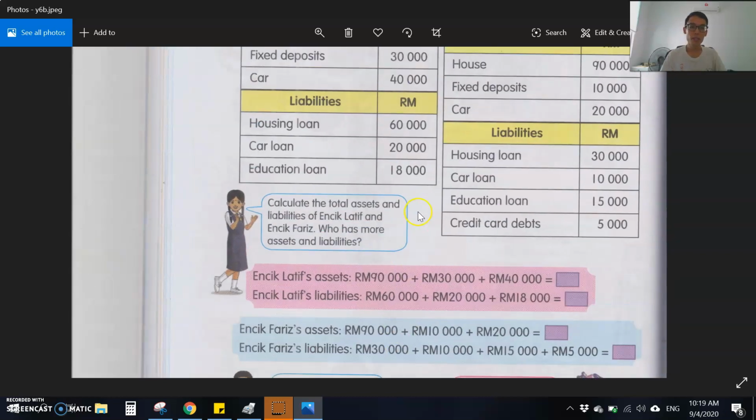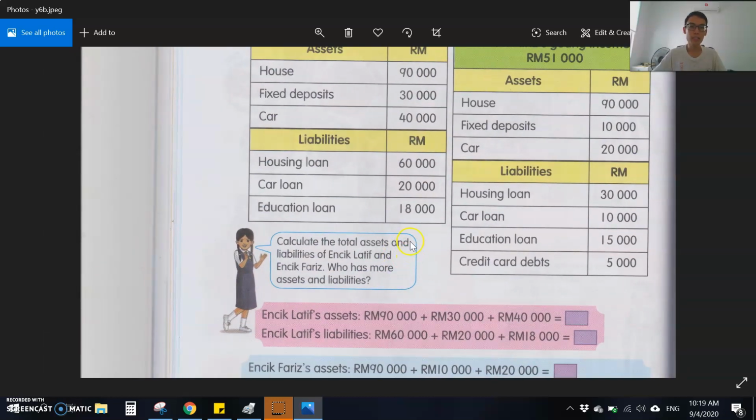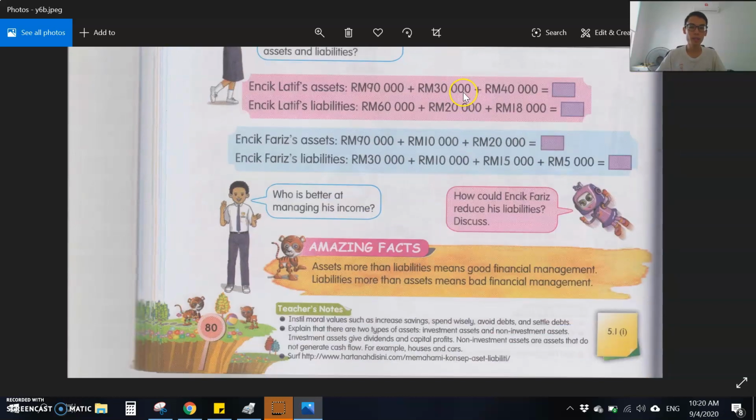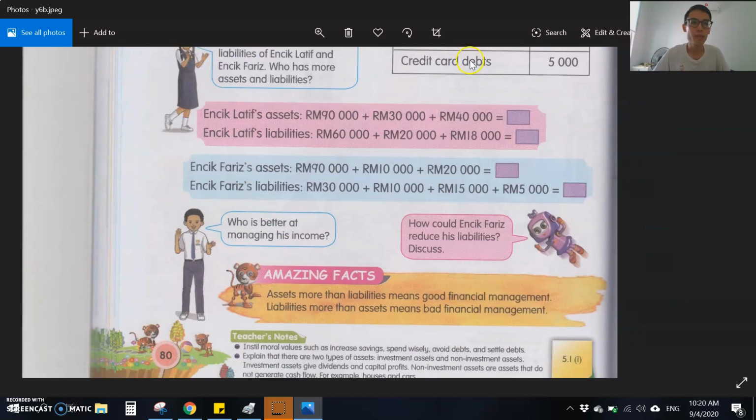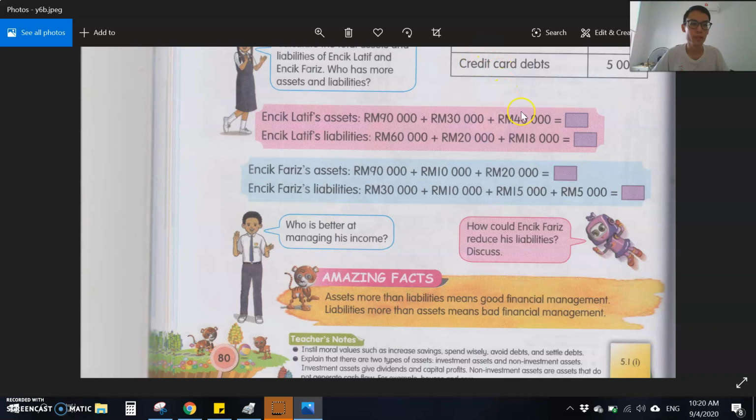Okay, so kita tambahkan semua aset dia, 90,000 tambah 30,000 tambah 40,000. Okay, jumlah dia berapa? Okay, jumlah dia 160,000. Okay, jumlah sini 160,000 dan liability dia